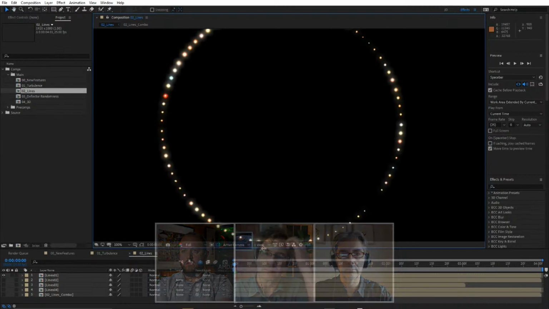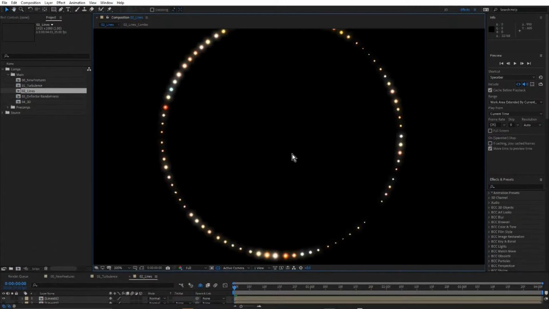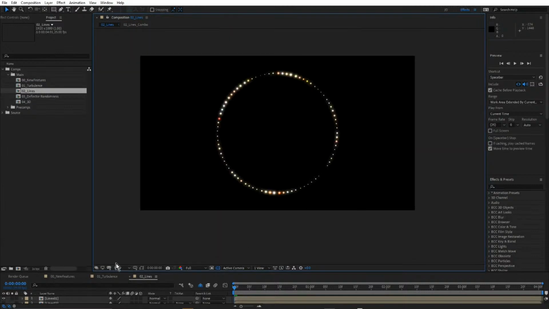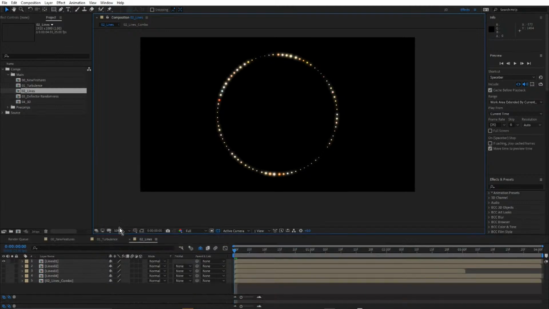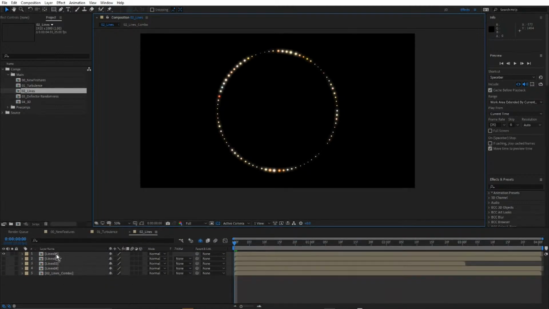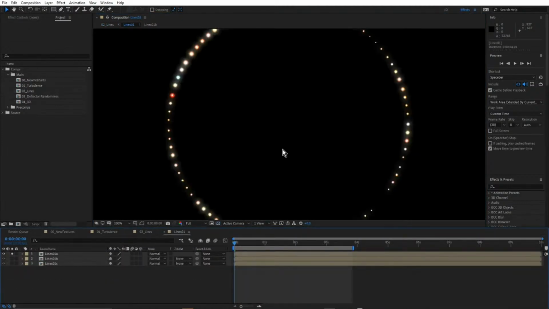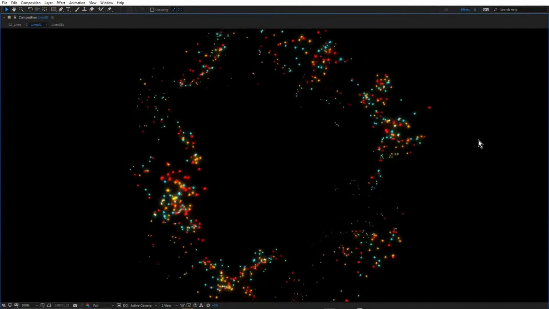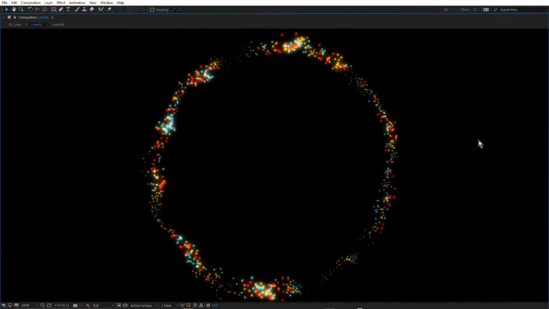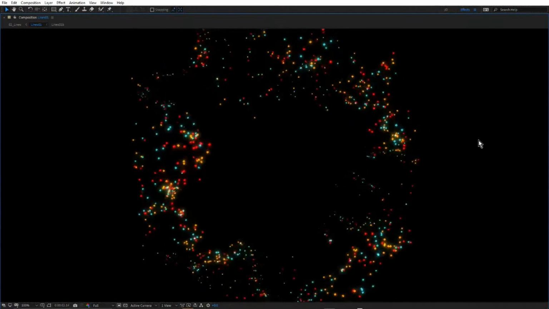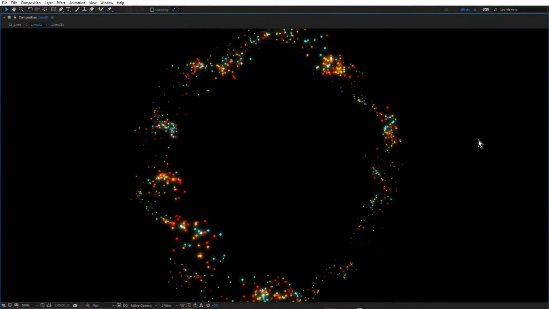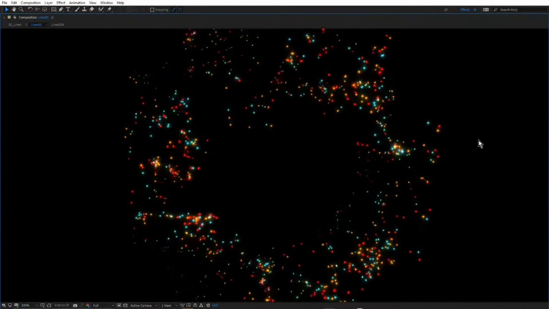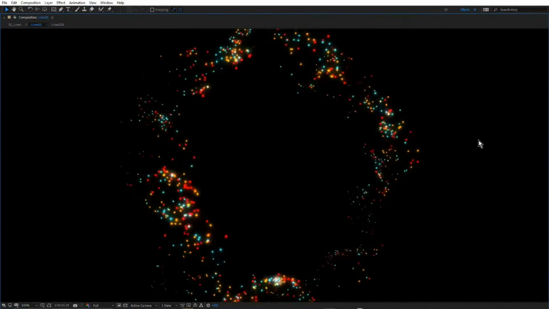So what lines do is basically join the particles together, either to themselves or to each other or to the emitter. I've got a few examples here. I want to show you how it would look without lines. Here's an example here. And interestingly, I've used the turbulence features here. There's a circle emitter, so particles are emitting from a circle, and I'm just animating them using the turbulence features. And you can see that gives a really nice organic look. But